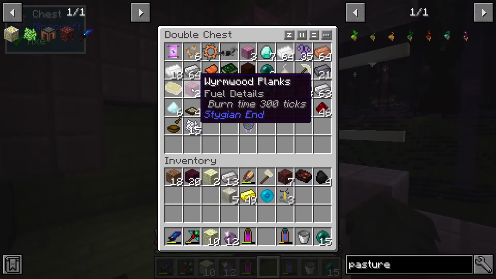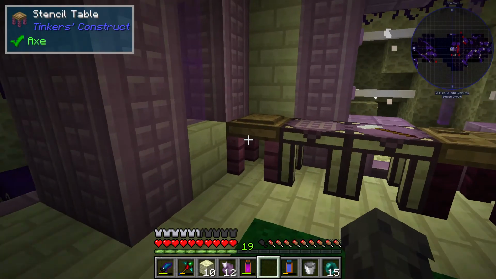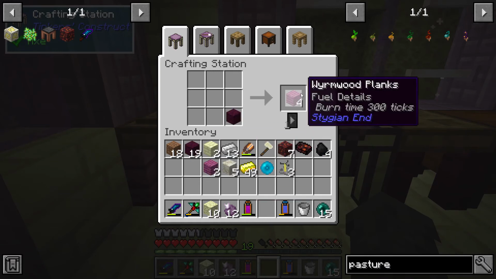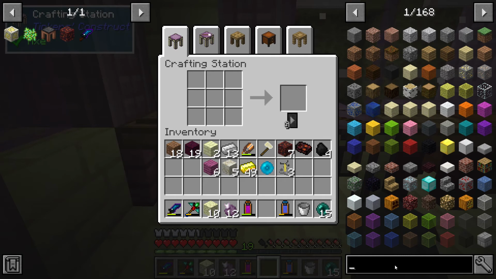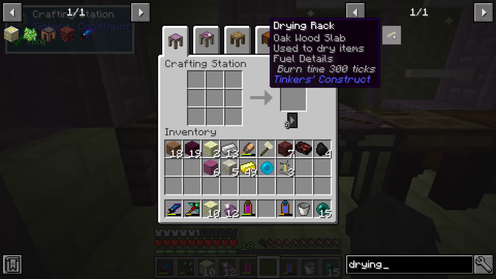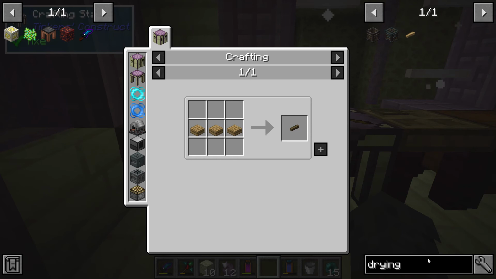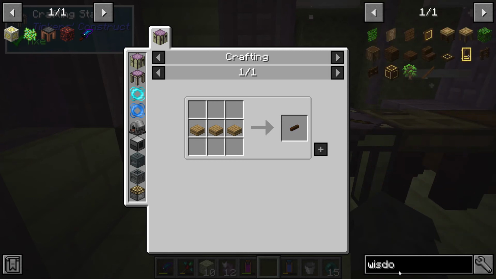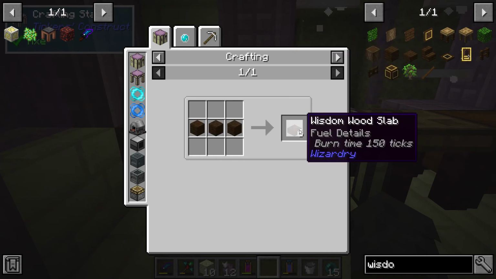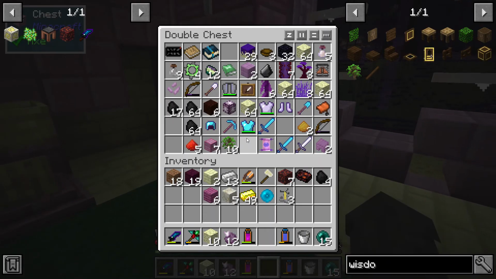Okay, so a drying rack is relatively easy, if memory serves me correctly. Should be... is it slabs? Ooh. Drying rack. It's just slabs. So, the wormwood does not come in slabs. How about... wisdom saplings. Those come in slabs, so we can make it out of wisdom wood, which I believe...